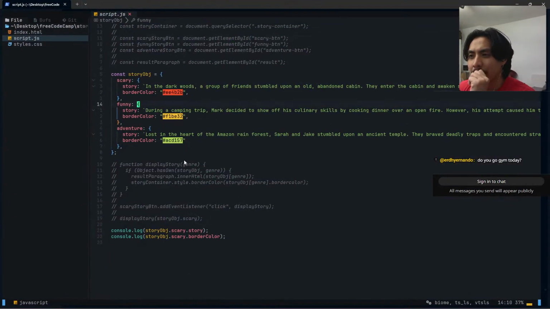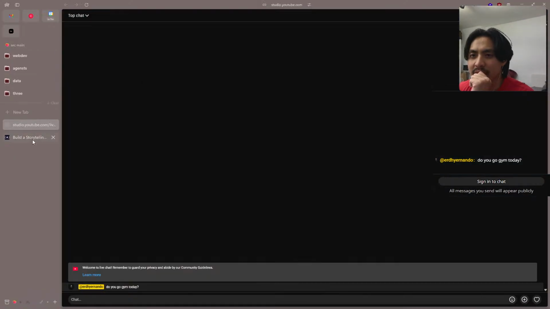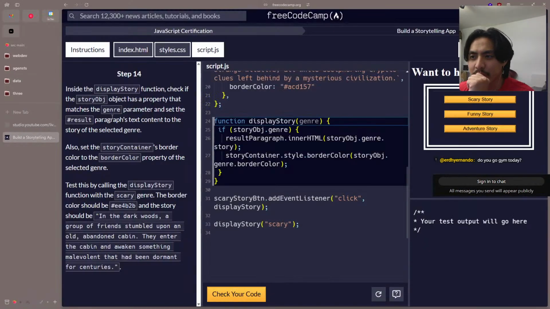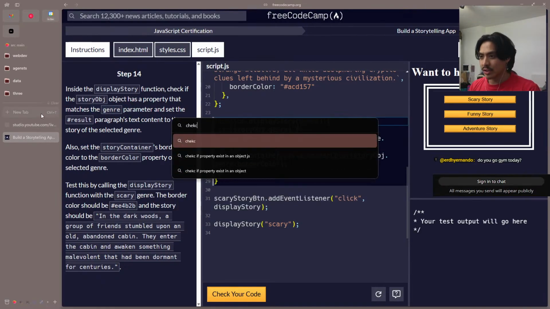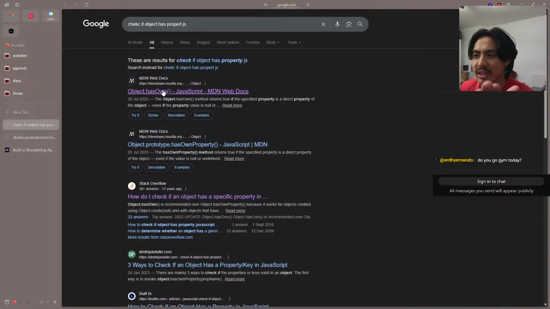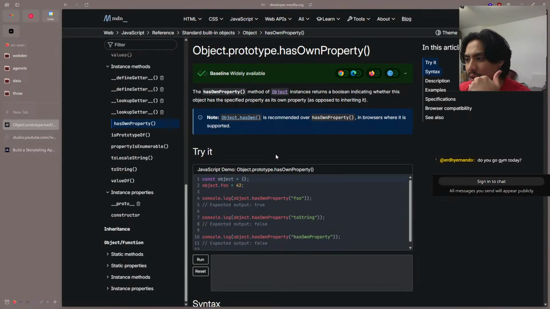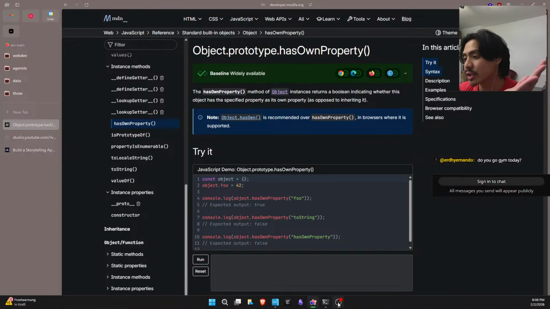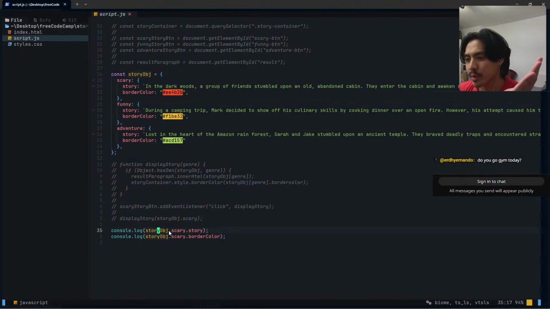So okay, the thing is, it was supposed to be easy, right? But for some reason I couldn't do it. Okay, so the object has a property that matches the genre. Okay, check if the object has the property. I tried to use this hasOwn function or hasOwnProperty, but it didn't work. Let's try it again. Yeah, if story object